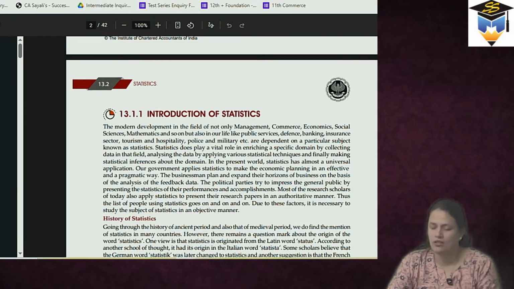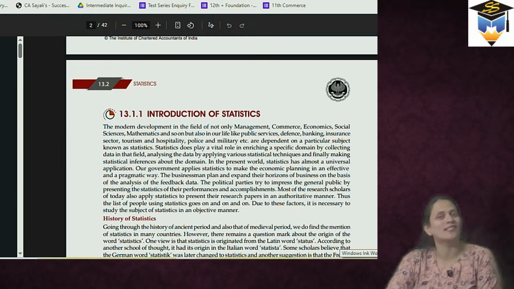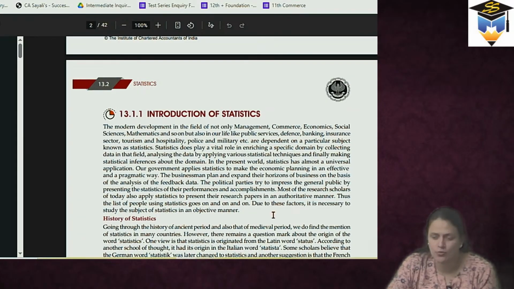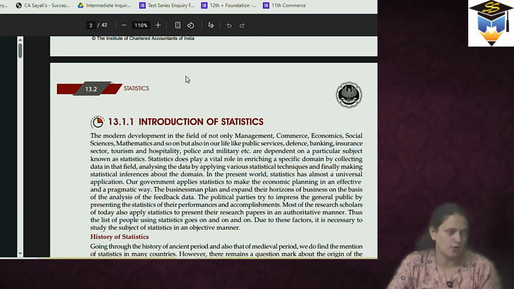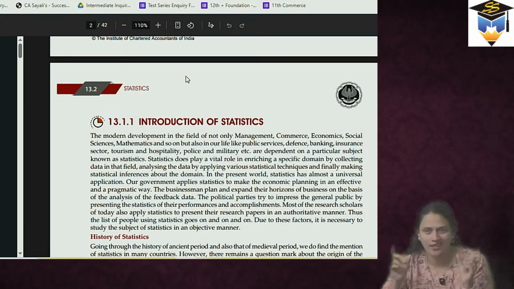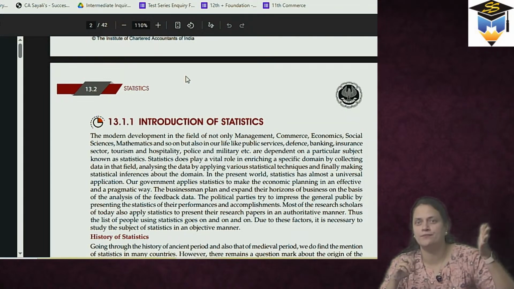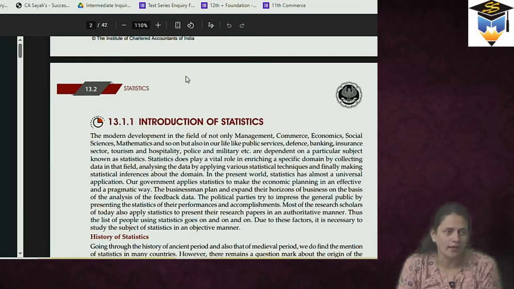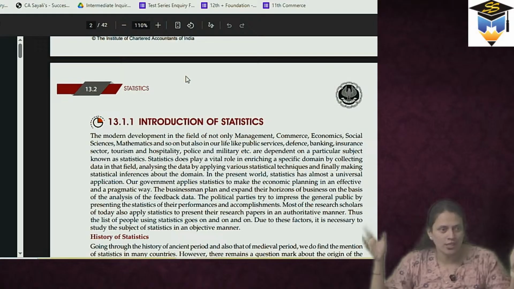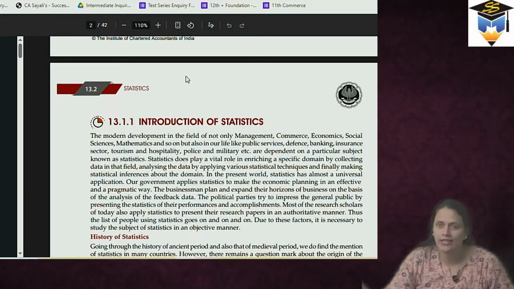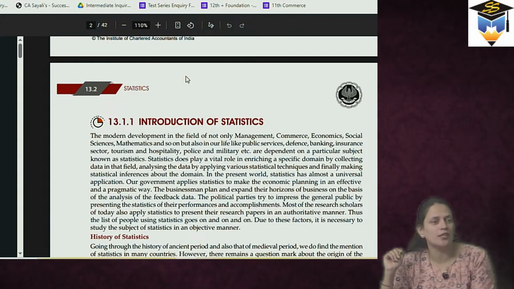Now let us see what is the basic of statistics. When we talk about statistics, what exactly is statistics? Suppose a large amount of data is to be stored. Let's say the data of the population of India regarding how many people are doing their job or how many people are jobless. We have to find that. India's population is too much, so when a large amount of data is to be stored, statistics helps us a lot.